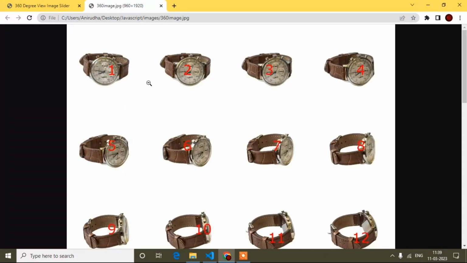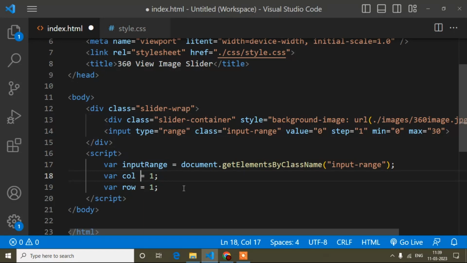This first image is coming in the first column, this is the column, right? And it is coming in the first row. That's why I have written column 1 and row 1.